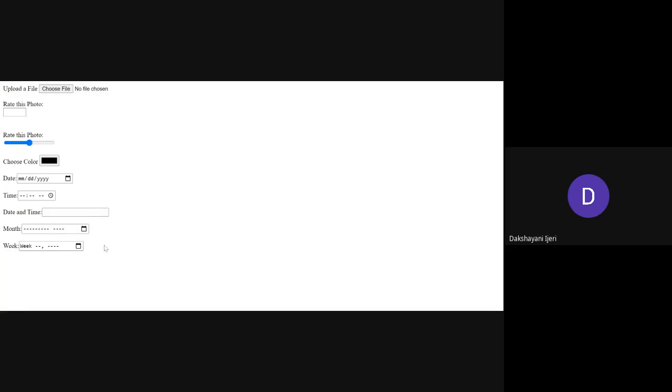Okay, so in this case, you can see here the same thing, whatever I've just discussed with you. Again, the different kinds of inputs that you can create with the input element here. The first one is the choose file, right? So for which we have used input type is equal to file, isn't it? So for this, you can see here, I don't know whether this arrow mark is visible to you or not, but I am clicking the arrow mark just in case to increase and decrease the value to give the numeric value as an input between the range 1 and 5 here. Okay.